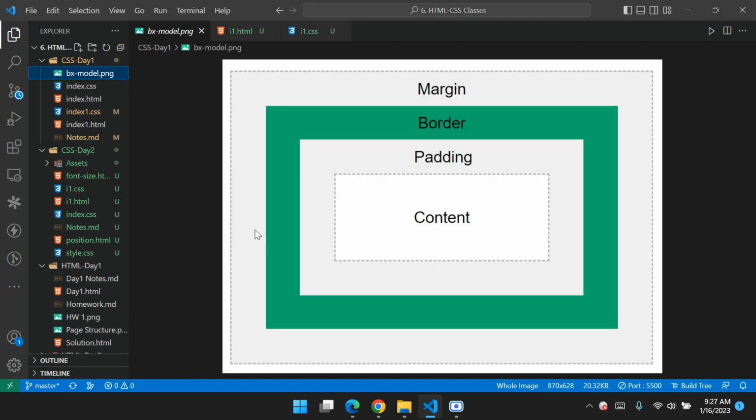So see, suppose I apply a width of 300 pixels. You will consider that 300 pixels is of this content. Mostly it is of the content only, that in the 300 pixel space this content will be visible. However, if I have applied padding, border, margin,